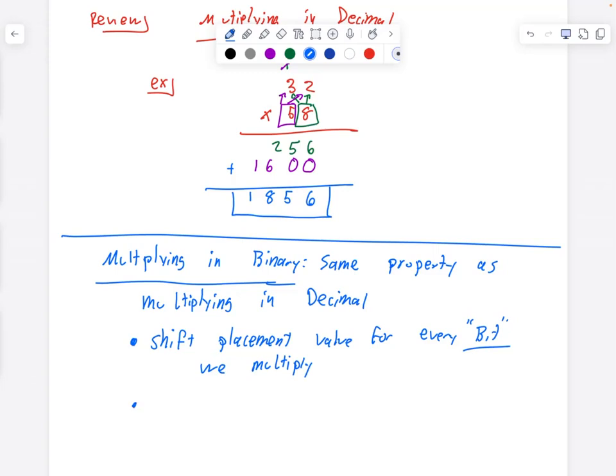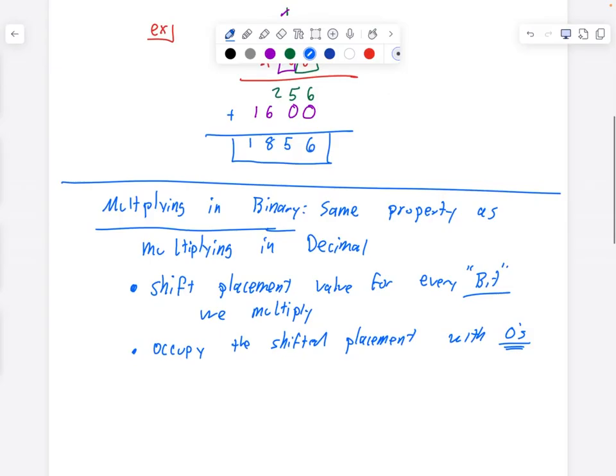And then we occupy the shifted placement with zeros. Finally, we add the binary values